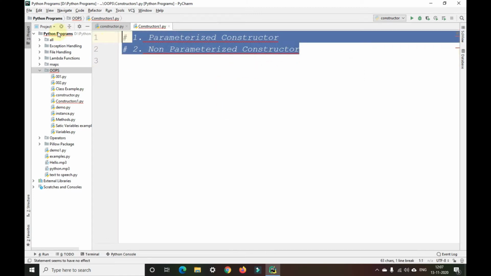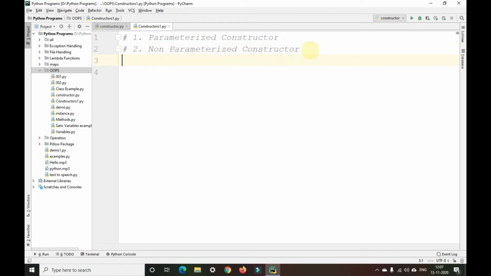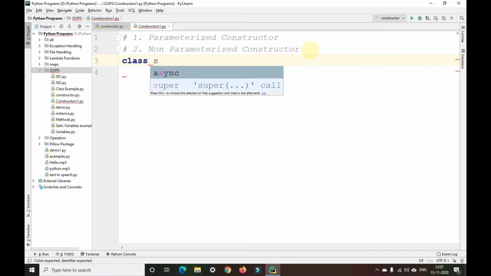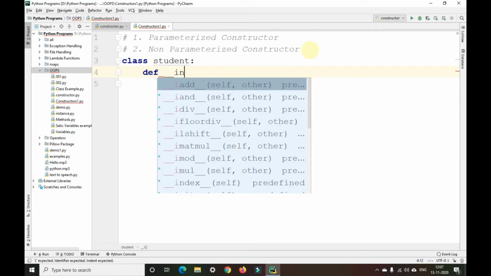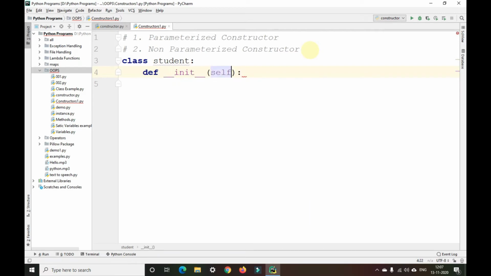Now let me first show you how to define a parameterized constructor. So to define a constructor, first we need to create a class. So class starts with a small c, right? Student colon, def underscore init underscore with the self as a default parameter, then followed by id and then name.